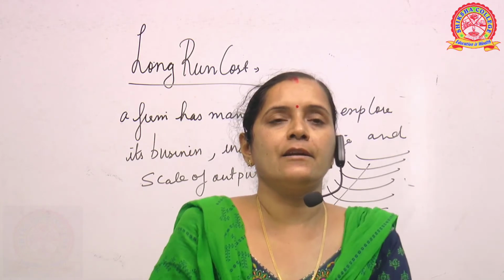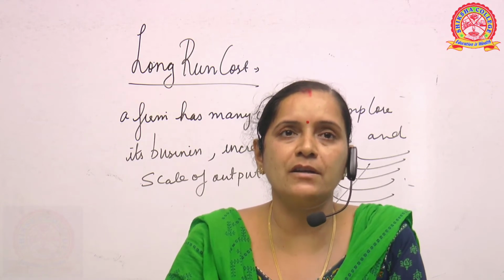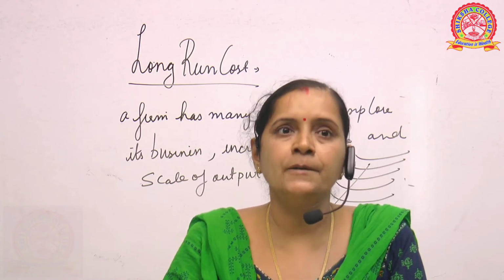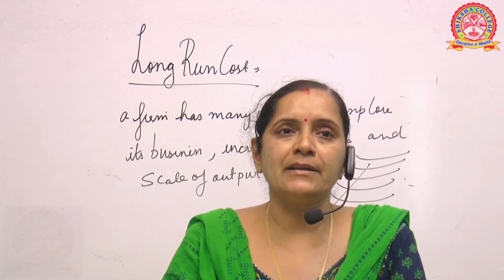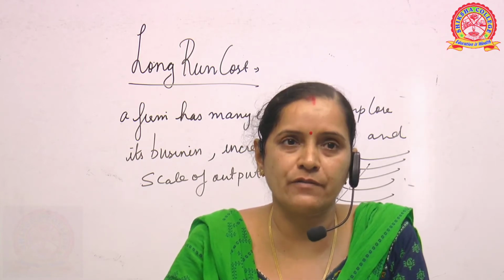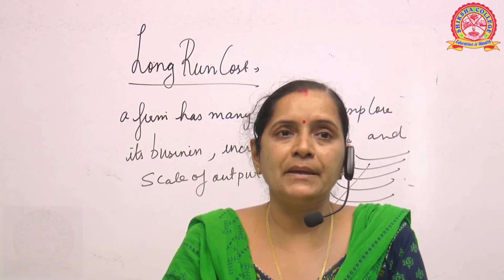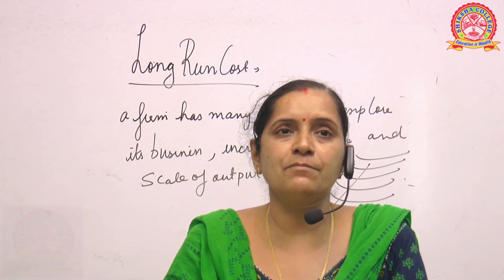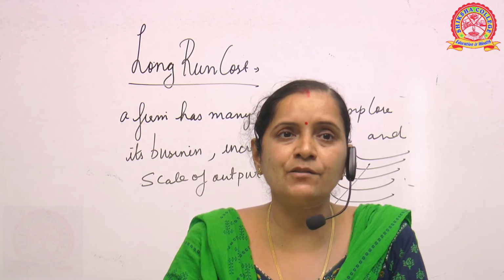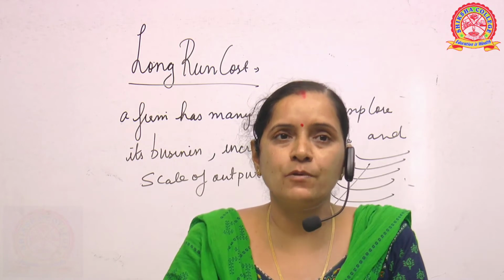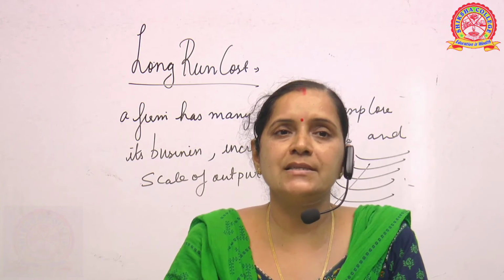Now let us discuss under long run cost. Now you understood long run cost. Here we are discussing the cost function in a particular period. Short run is when we discuss the concept of cost function in a short duration of time, say 6 months or 1 year. But when we say long run cost, we are talking about a period where the cost function can range up to 3 years, 5 years or 10 years. And during this period, the business house has a lot of chances to explore the business, expand the business, carry out business activities, and also increase its scale of output.